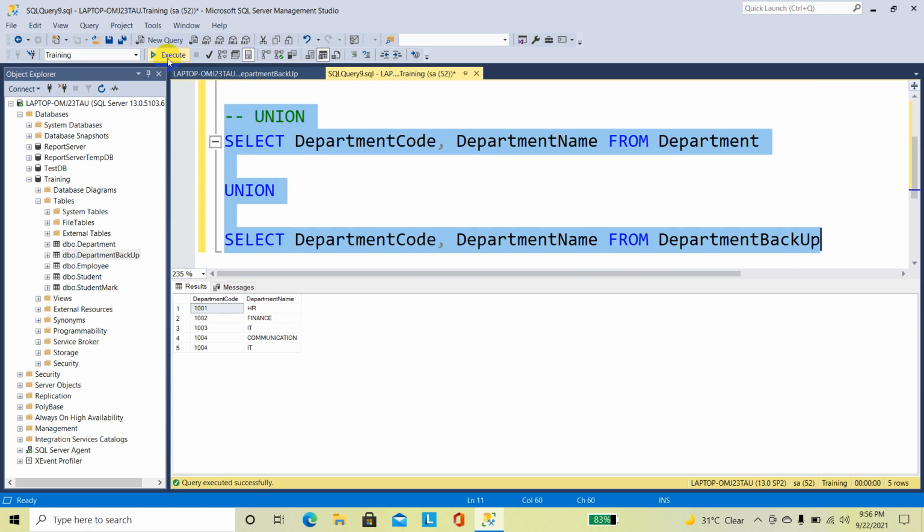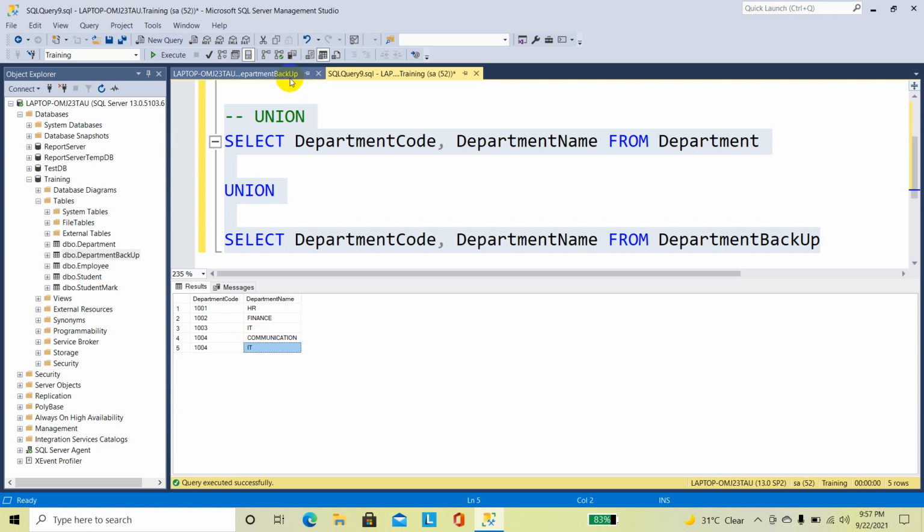Now you can see I got 5 records. Here 1003 IT and 1004 IT, because it selected the distinct records. Here the department code is 1003 and here it is 1004, but the department name is the same.